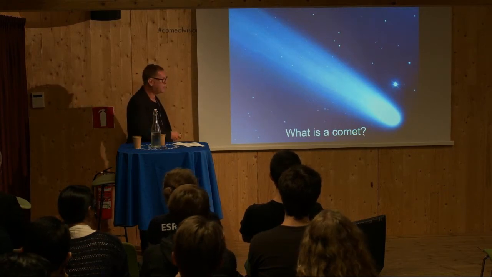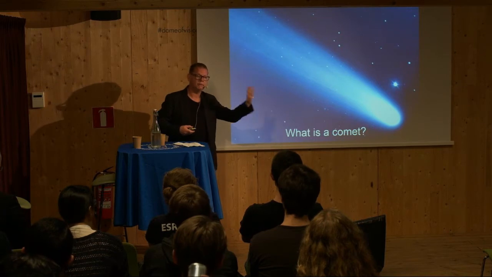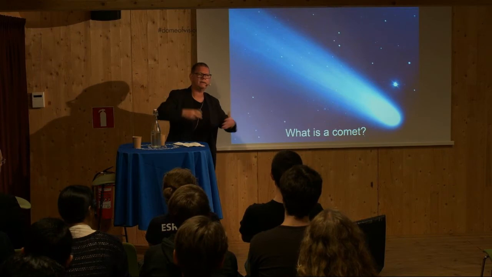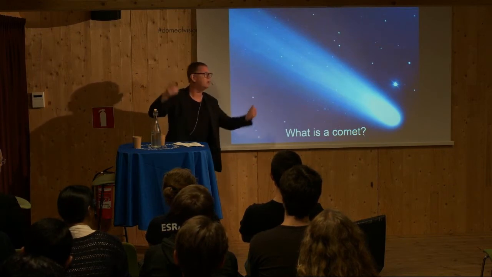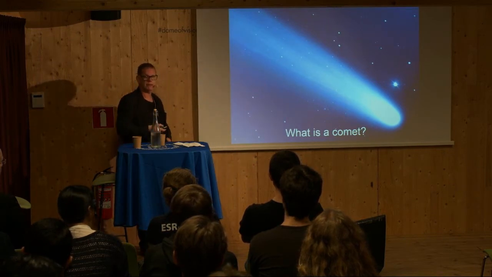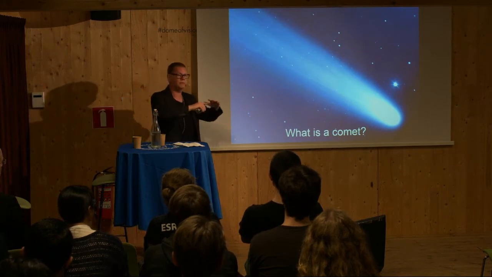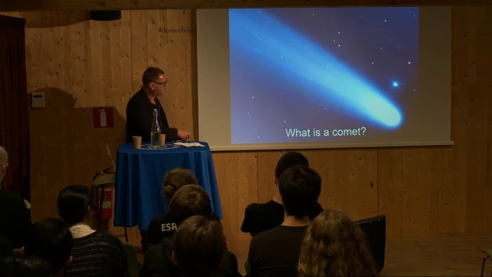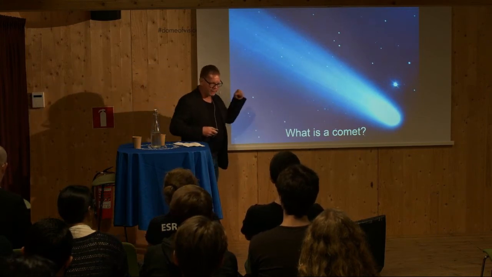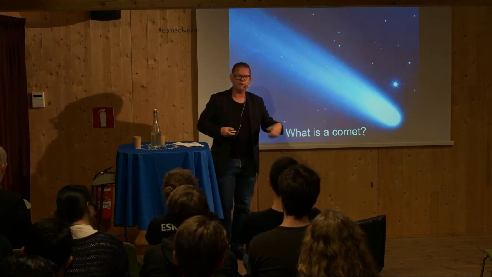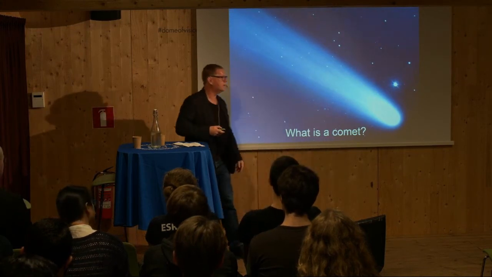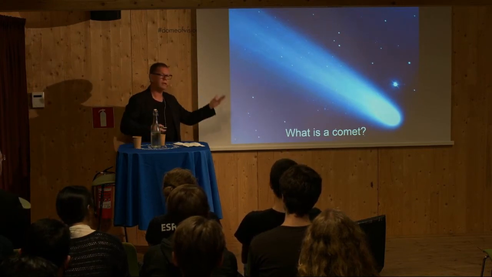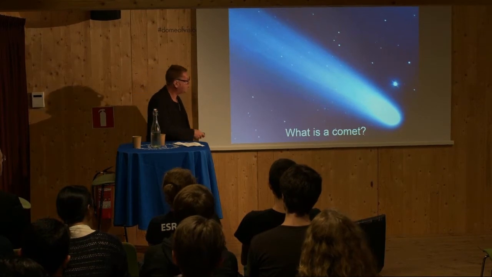Now, when this snowball gets close to the sun, of course, the solar radiation melts part of the snow, and that comes out as gas and dust into space. So this forms a relatively weak but still existing atmosphere around the nucleus. Now, when the sun shines on the atmosphere, it becomes partly ionized. Same thing as happens at the Earth's atmosphere at the upper level, creating something called an ionosphere, which is a